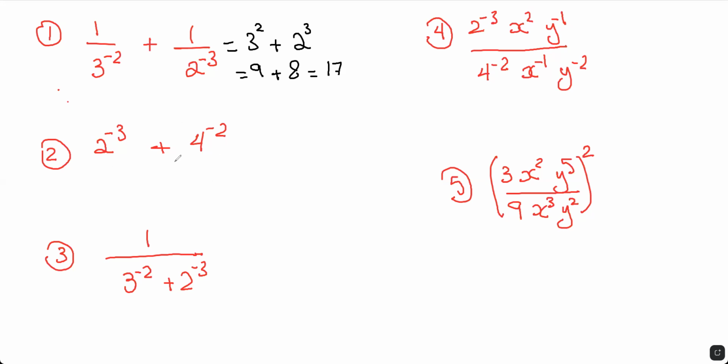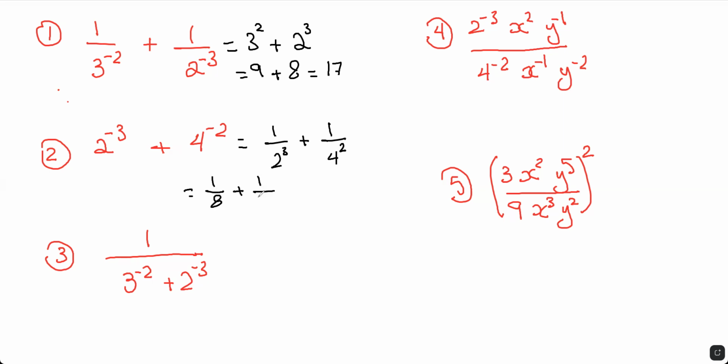Okay. How about this here? Here again, we get a flip. You know, I told you last time, if you have x to the negative a, you make that 1 over x to the power of a, and that's how you make the exponent positive instead of negative. Now this will be 1 over 2 cubed plus 1 over 4 squared, which gives me 1 over 8